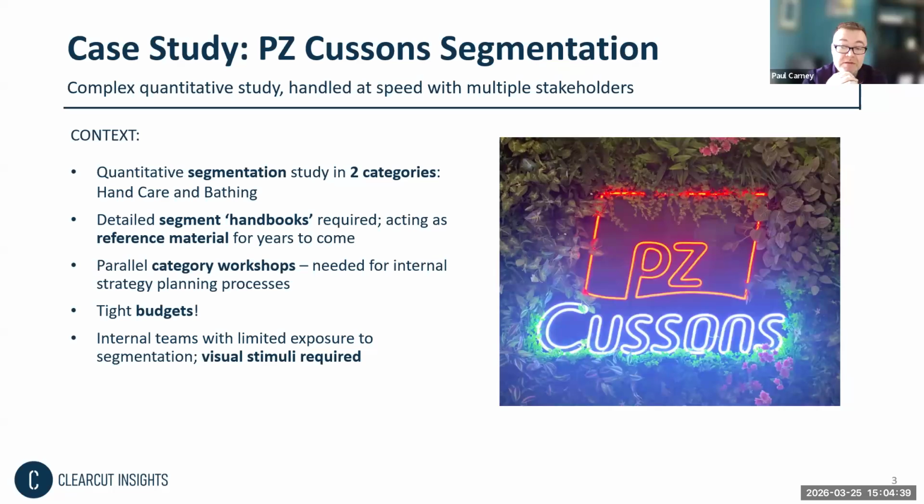One of the other things that we ran, and I'm sure a lot of you have heard this terminology before, were what we call where to play and how to win workshops. The where to play workshop was about understanding the segments and where the optimum priorities were for the client. Then shortly after, we ran how to win workshops, where we go away and understand the particular targets in a lot more detail, and then feed that into strategic planning so they can figure out what to do themselves as well.